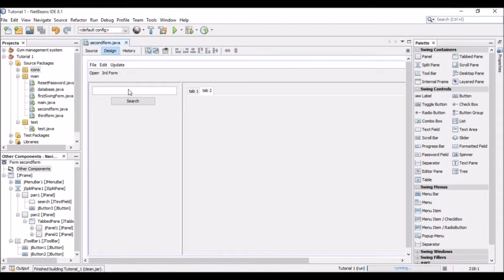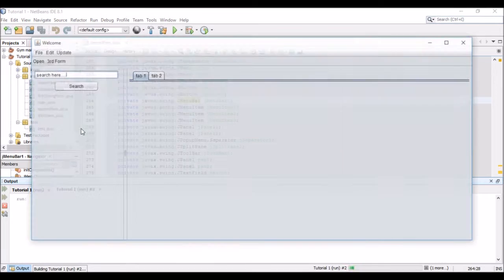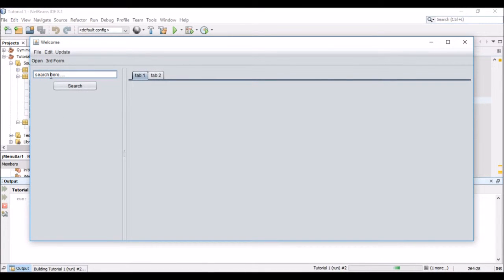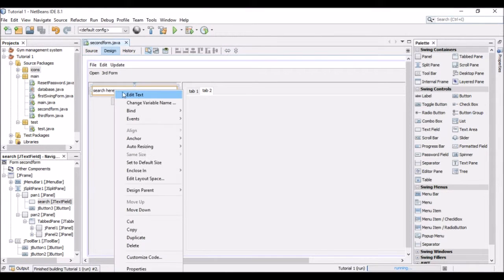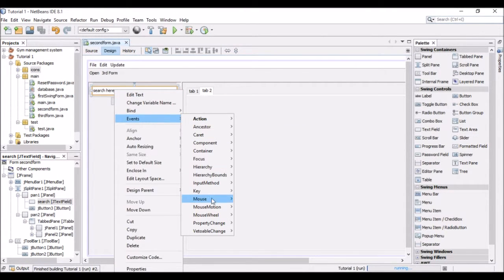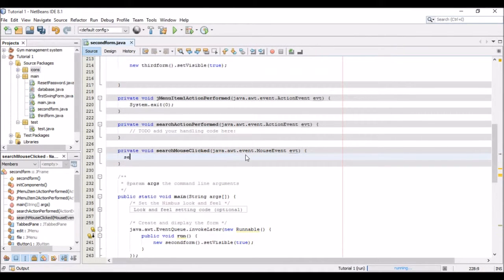So if I have a text here, say search here, and when you run your project, you see when you click it, the search here stays where it is. So if you want to remove it, just right click, events, mouse clicked, and just write